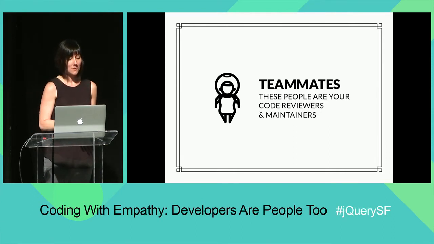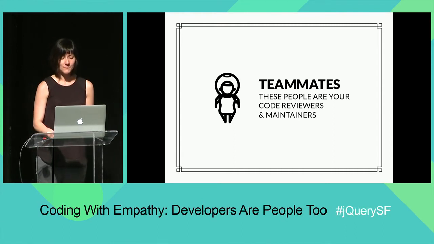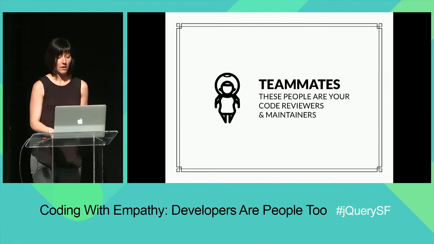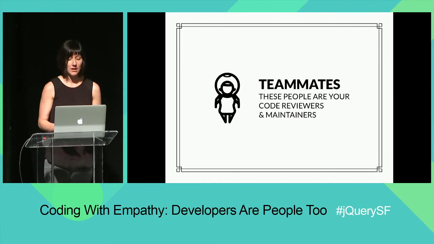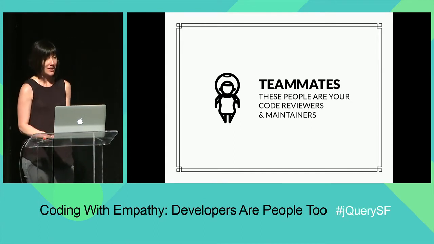Your teammates are typically the smallest group of people that we're going to talk about, but they're the group of people that are most affected by the software that you write. When you're solving problems, these people will usually have a context that's much closer to your own, making it much easier to write empathetic code for them. Also, if you miss the mark here, these people usually have the opportunity to ask you questions and to give you constructive feedback on how to make your code better.